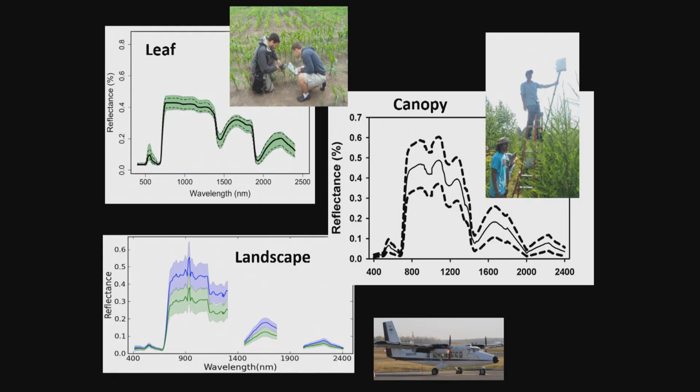The nice thing about spectral data is that if you scale it, it looks generally the same, right? It's not going to look exactly the same, but generally the same. My group usually works at proximal or leaf level measurements because it's exceptionally controlled, but if you take what you see at the leaf level and scale it up to a canopy level measurement, it looks similar, and you go all the way up to an airborne measurement, something like from AVIRIS, you can see that the general structure looks the same.